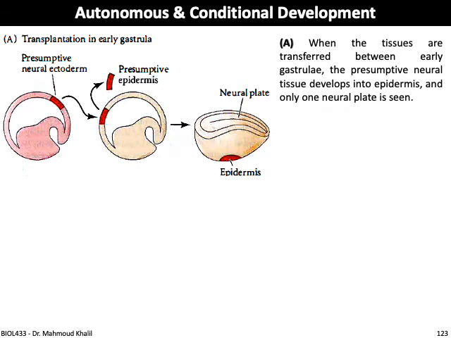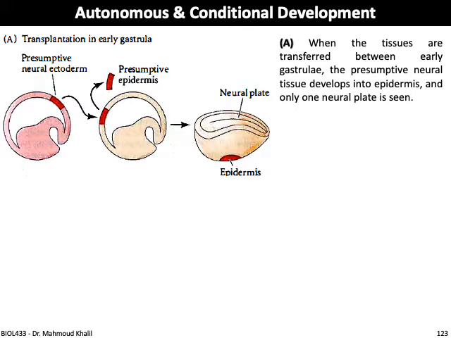In this slide, you can see the difference between autonomous and conditional development in the gastrula. You can see in the first experiment, tissue is transplanted between two early gastrulae. They took the region of cells which will give the presumptive neural ectoderm, and they implanted these cells into a region which will give a presumptive epidermis. The embryo generated only one neural plate, because the region that they had taken would initially presumptively give a neural ectoderm, but when transferred to another region,